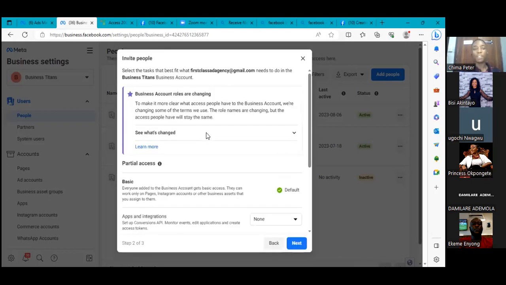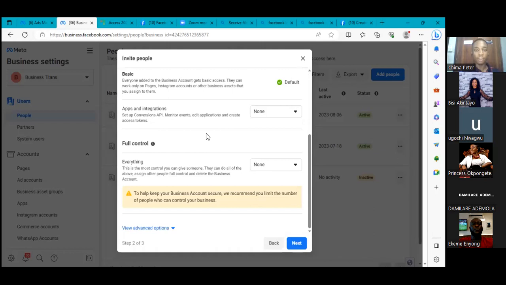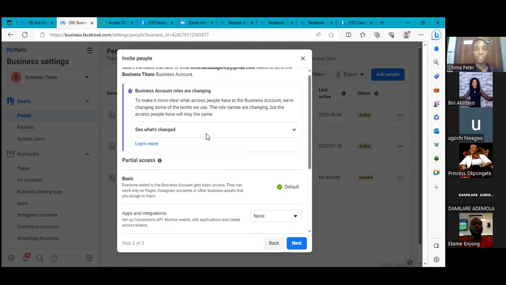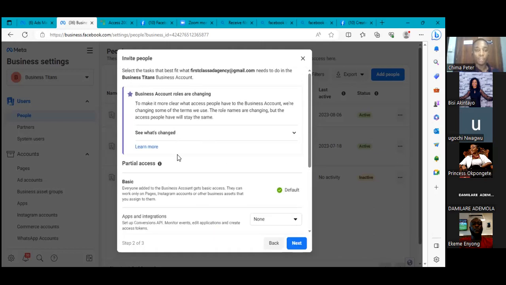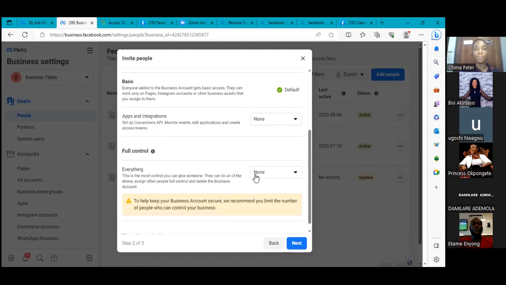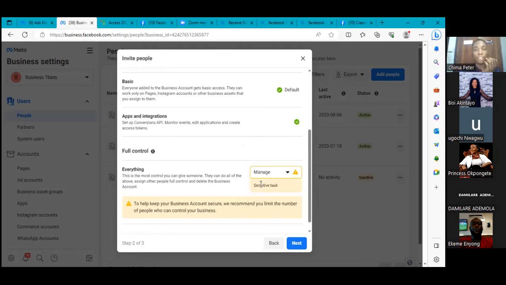Okay, depending on the level of trust you have for the person, or the level of access you want to give to a person, you can actually give the person full control or just none. So I'll just go with the full control. And you even received a warning from Facebook, sensitive tasks. Why is it shown as sensitive? Because you can eventually, for example, if you have another account